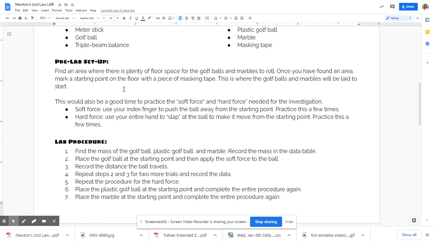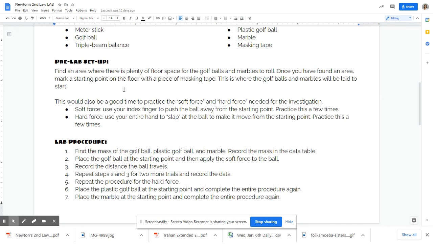And so I went ahead and gave you a description of what your soft force should be. You'll use your index finger, your pointer finger, and you'll push the ball away from the starting point. Try to be consistent with that. Practice it a few times. It's designed to be a soft force, which means it's possible that the golf ball or something may not move